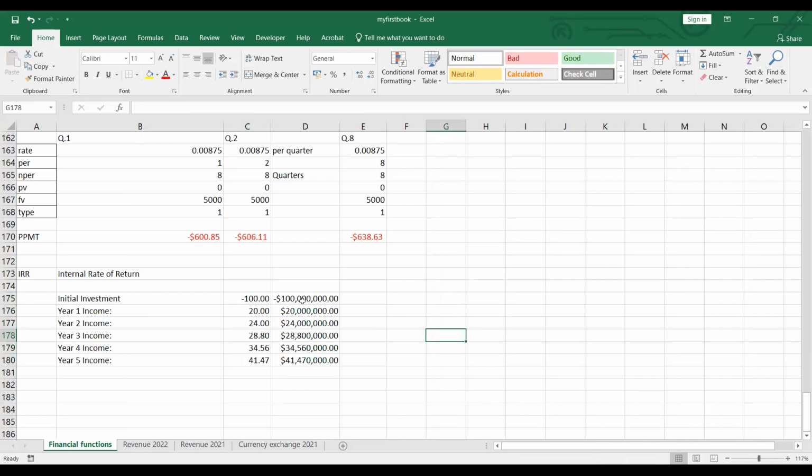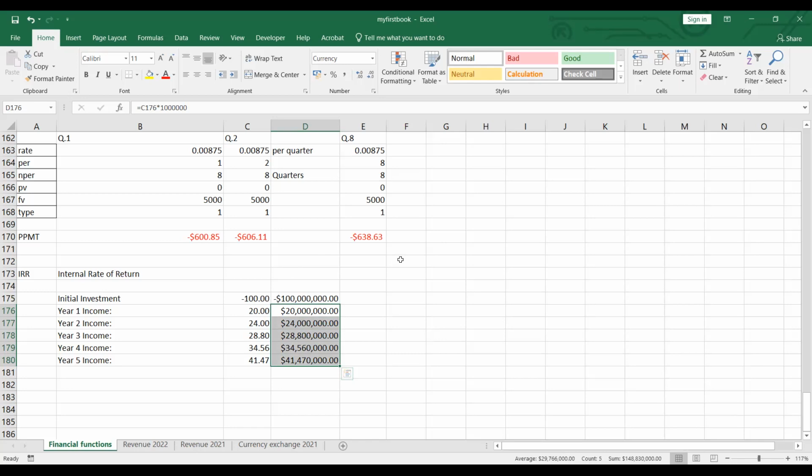Okay, assume that the income for each year is like this. Now let's have a look at what I want you to see. Whenever you have to calculate the internal rate of return, you need to have a cash flow for the investment and for the income that we have got before we calculate. For sure, the initial investment